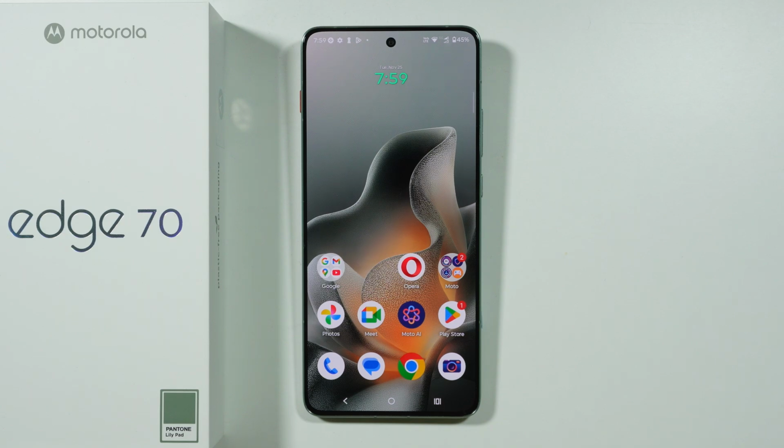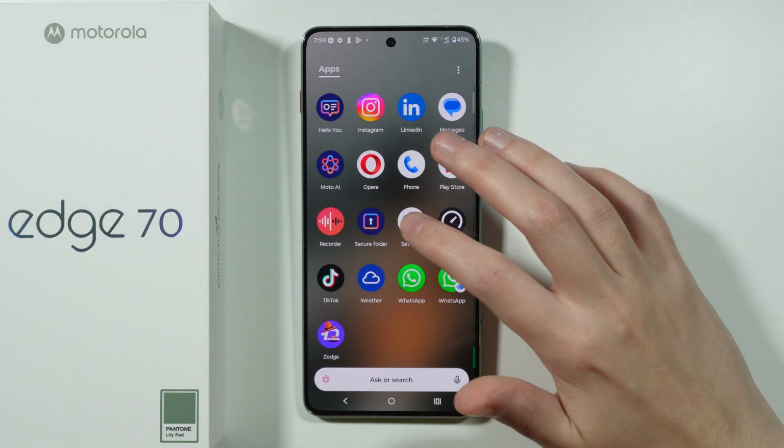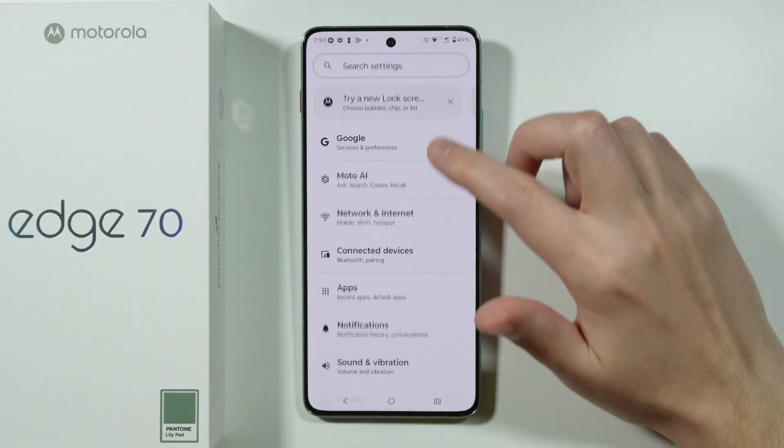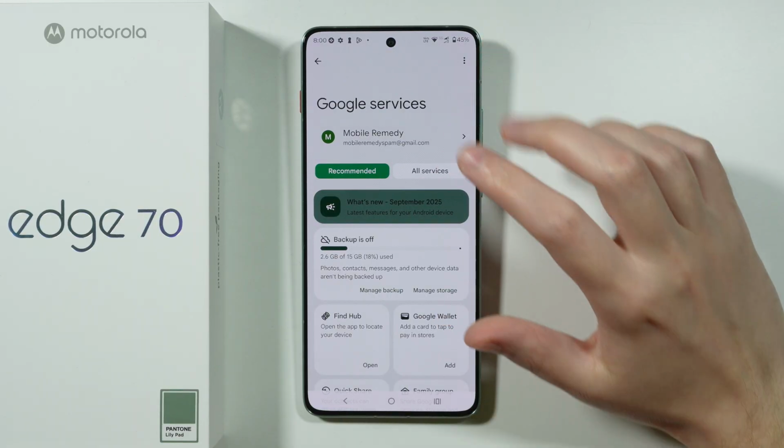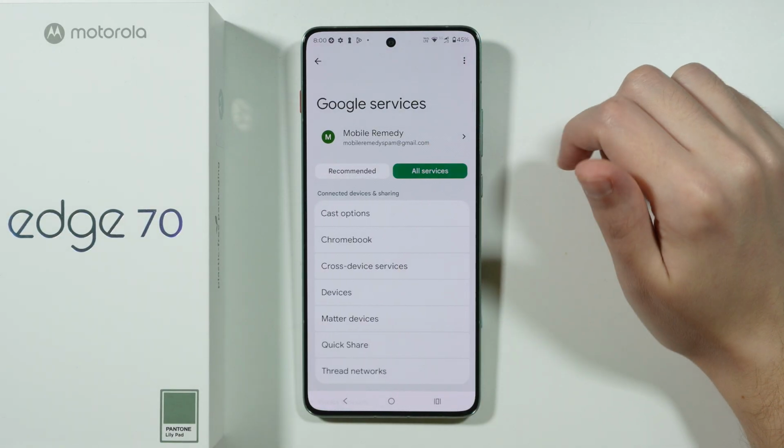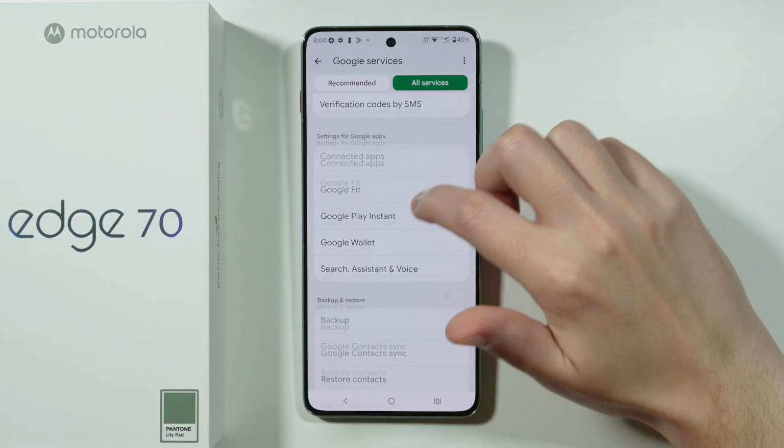Let me show you how we can completely disable or enable Gemini and Google Assistant on Motorola Edge 70. So first of all, we're gonna go to settings, and in here let's just choose Google. Once we open Google services, we should be able to switch to all services, and then we need to find